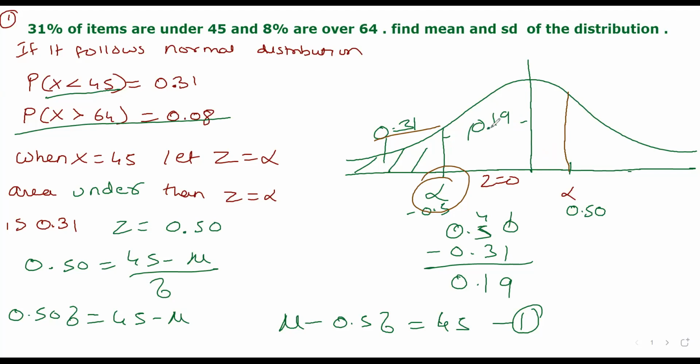And then I will find out this area, and then I'll find out the value of alpha. See, it is very easy. If it is less than and the area is also less than 0.5, then your z will lie on the left hand side. If the area is greater than and the area is less than 0.5, then your z will lie on the right hand side. If the area is less than but the area is greater than 0.5, then it will lie here. So you will have to decide where the alpha lies. Accordingly, you can solve this.